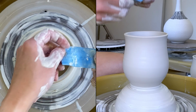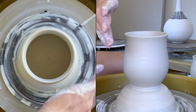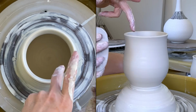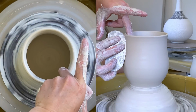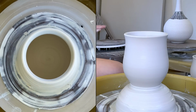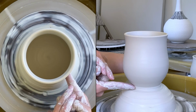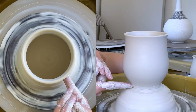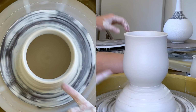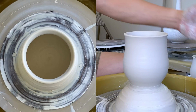And use the chamois to compress the rim, so the lip is a rounder shape. Right, so that's the shaping. Now I'm ready to cut it off. And usually I use my fingernail to draw a little indentation, and then use the wire string to